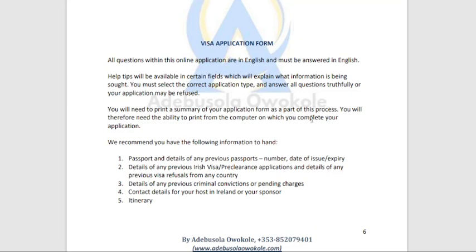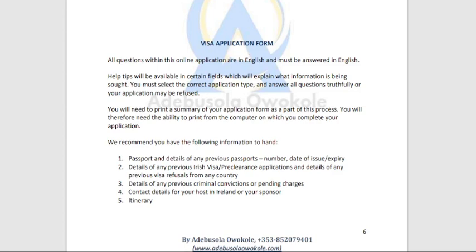So you can't fill that form on a phone. You need to use a computer to do that, and I don't want you to make mistakes. That is why I'm showing everyone this, and I will show you the visa application form, like if the adult is filling, your spouse, and if you are filling for your kids, one of your kids, for example. I will show you what that looks like, just a summary